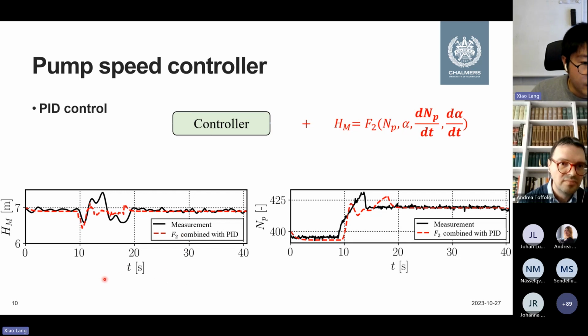Still, we focus on the left-hand side part. This is the figure representing the height during this test. The black color is the measured, original height, and the red one is the height optimized by our F2 model combined with the PID strategy. The right part is another figure showing the pump speed, and the red color is our